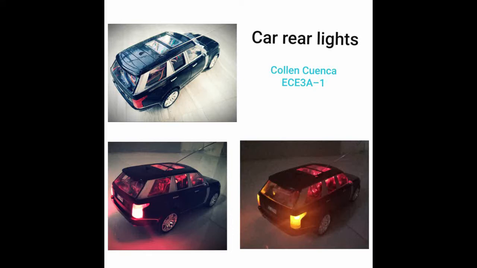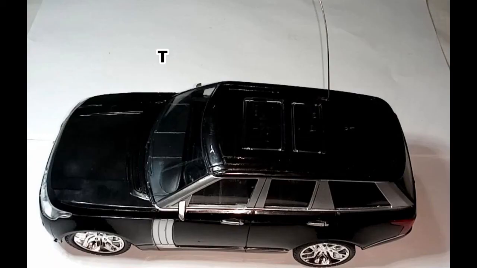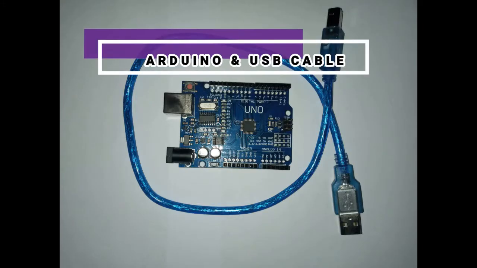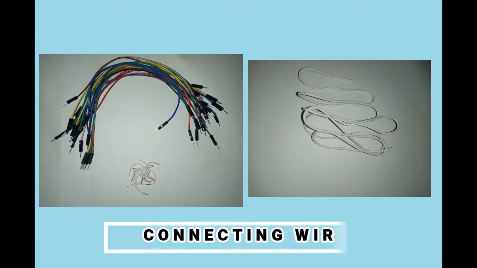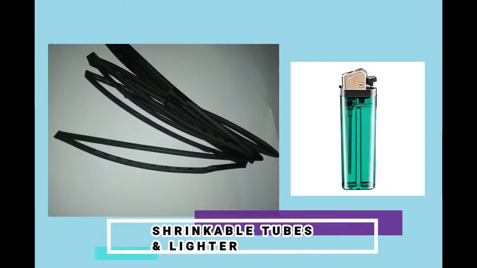Hi there! Today I will show you how to design car rear lights using an Arduino, LEDs, and tact switches. The materials that I used: toy car model, Arduino and USB cable, connecting wires, shrinkable tubes and lighter,